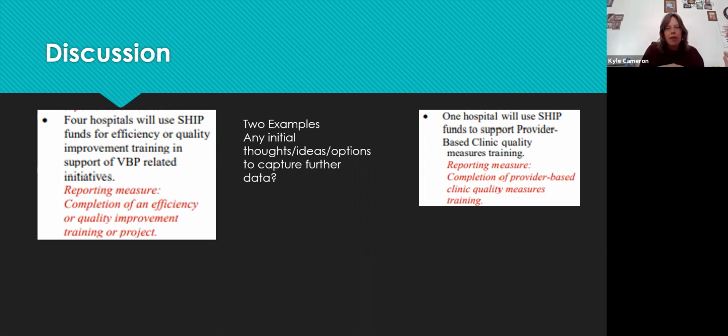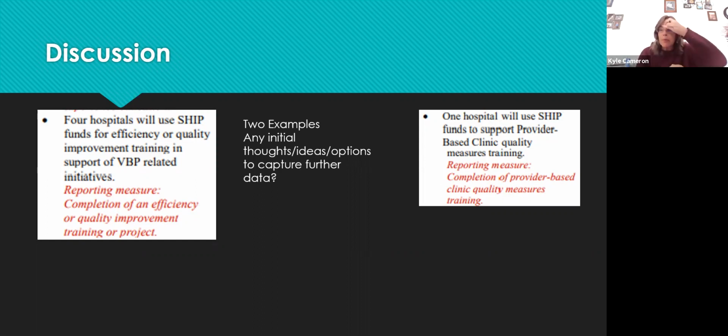And so on the one that's on the left, the 4 hospitals will use SHIP. I think that's when I would specifically identify we're going to use the SHIP funds for cybersecurity training for all 4 of them. Really, though, patient engagement came back really high, so that would be maybe more. Cybersecurity, though, is where we're going. Anyway, on the one on the right,